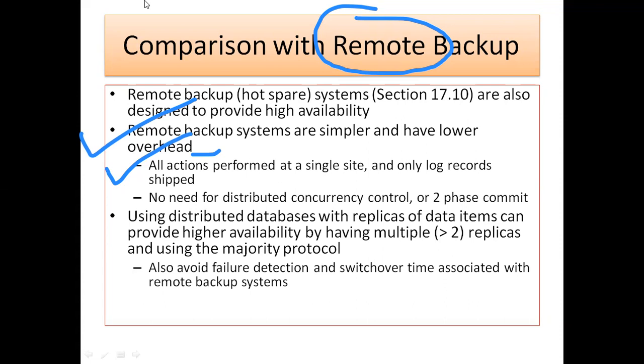Using the distributed databases with replicas of data items can provide higher availability by having multiple, that is greater than 2 replicas, and using the majority protocol. Now, also avoids failure detection and overtime associated with remote backup system. तो remote backup systems का कुछ advantages यही है कि आपने backup remotely देखो, remote